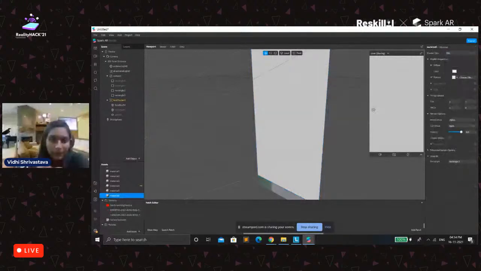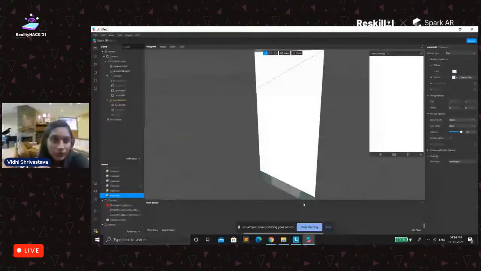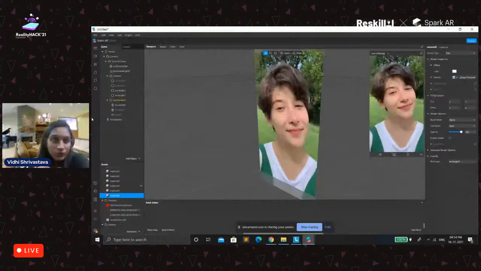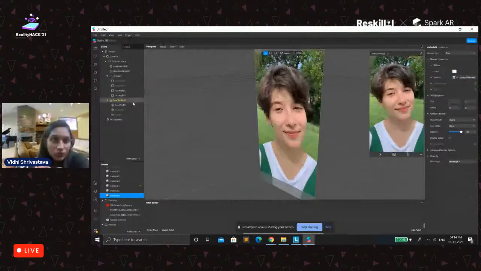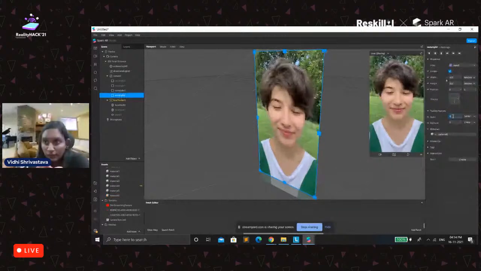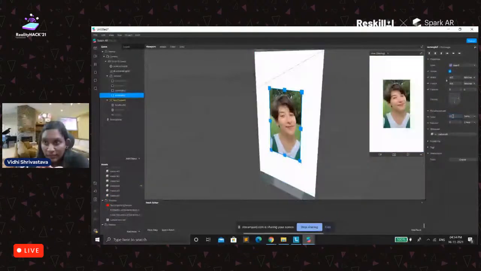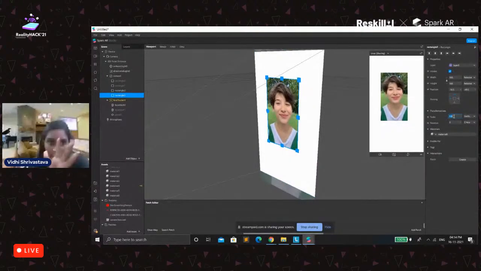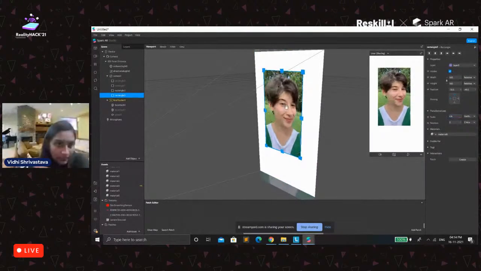So what we will do is, for now, let's remove this texture and let's make it white only. And for the next rectangle, let's take it and give the texture as camera texture.